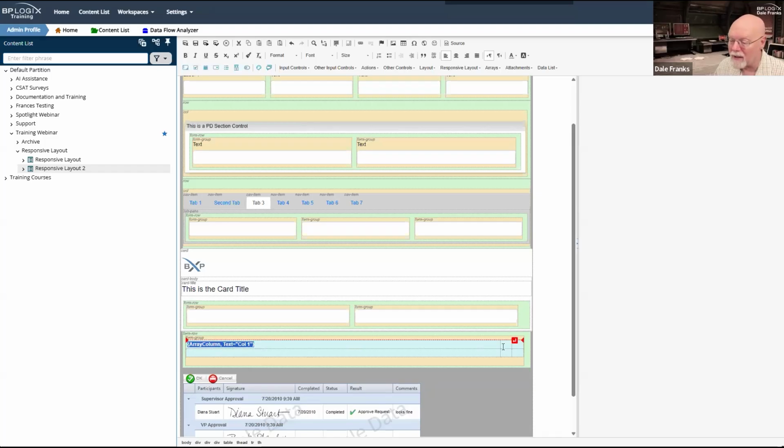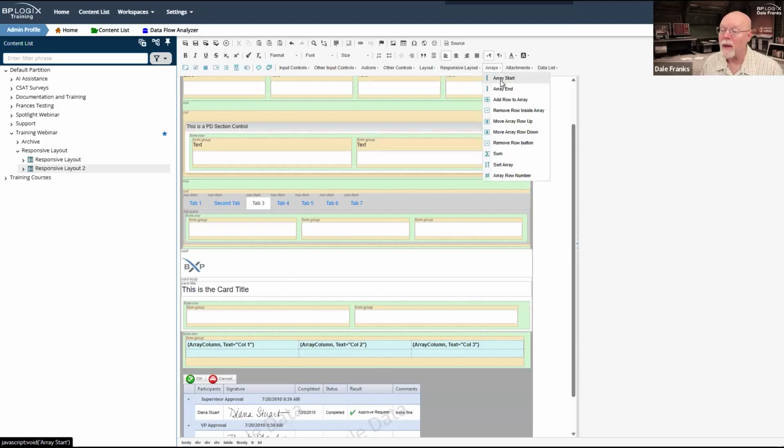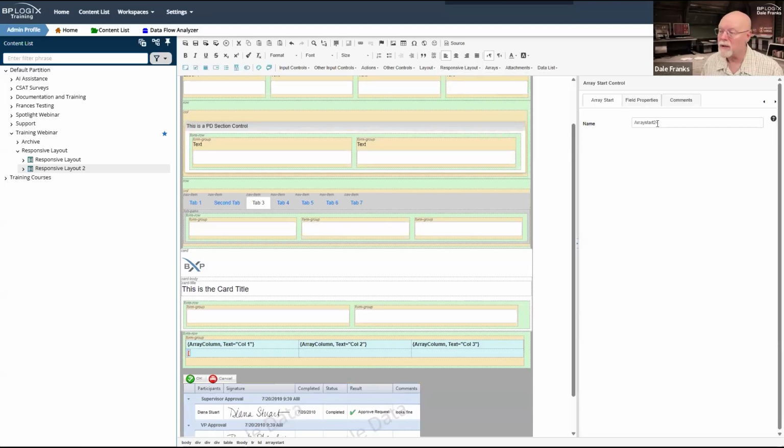Normally, I would stick it inside system variable control, but in this case, I'm just going to slap it on there in the interest of time. And then, of course, I need to create my array. So we'll go with my array start, and this is called array start 24, which I'm going to copy because I will need that in a minute.